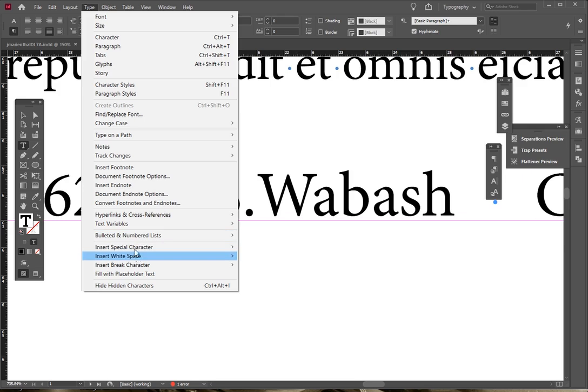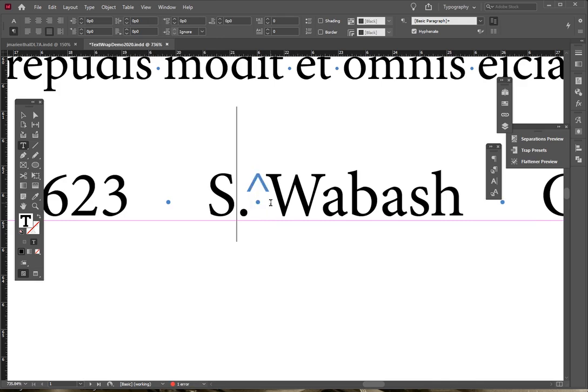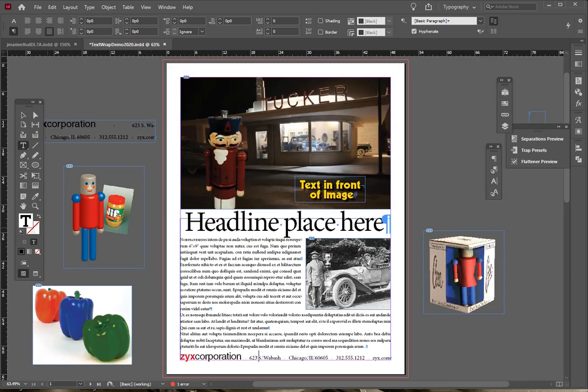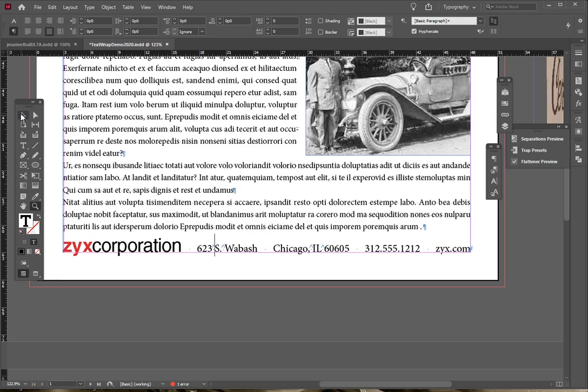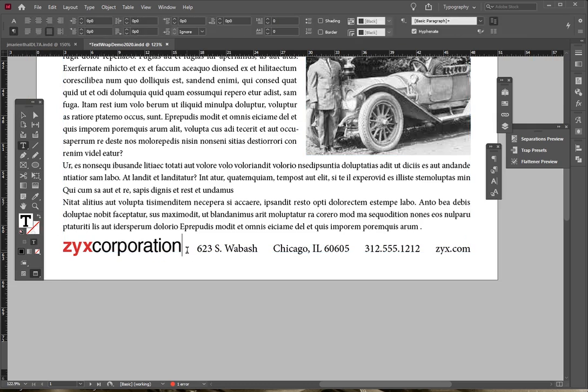If I go to the type pull down and find insert white space, fixed width non-breaking space, and put those every place that I don't want the words to come apart, then I can force justify and it will space those out. Let me go into preview for that. But I thought those were kind of big spaces, so in between I put a flexible space and then a